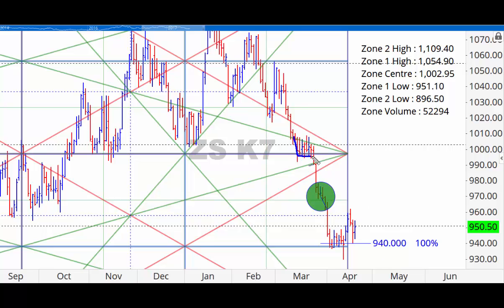So what we see here is a nice sideways movement in the market with a small little spike, with the exact same thing happening on the other side, again with another spike. In doing so, this pattern could very well now be completed, and one of two things could happen. We can see soybean now move on to a very big move to the downside, but if this 940 area